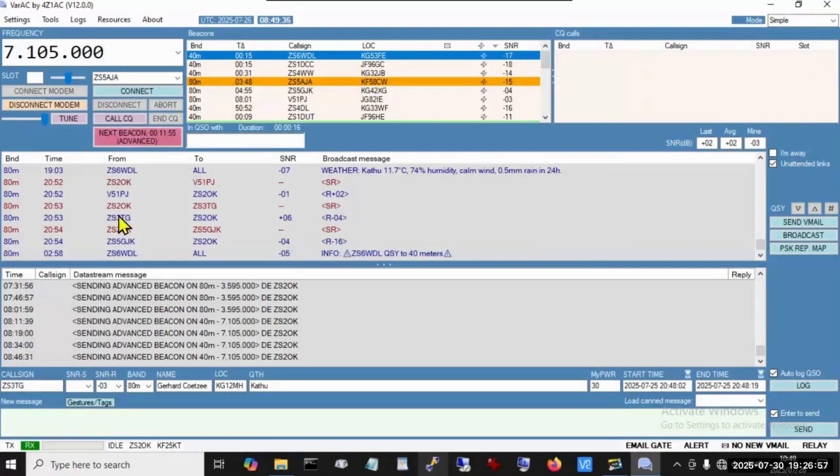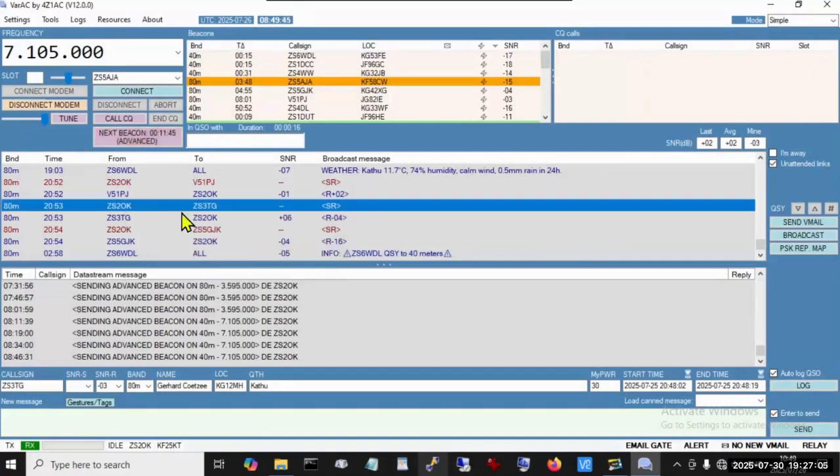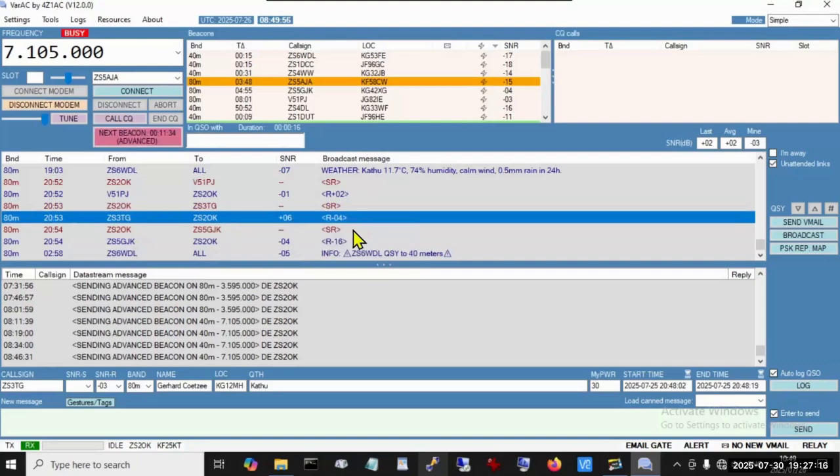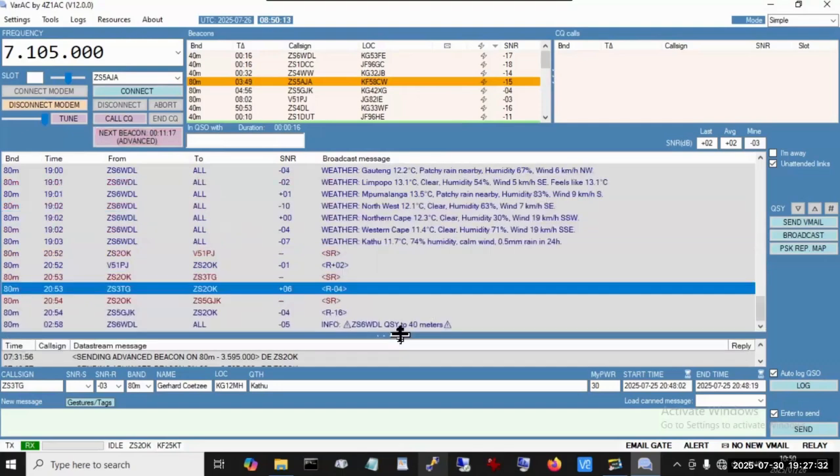This is the area where all broadcasts are received as opposed to beacons. A broadcast is a one-to-many broadcast, and for instance here is an example of where I sent a broadcast to ZS3 Tango Golf requesting a signal to noise ratio report, and the next line that station replies back giving me a -4 dB received signal, even though I received that station at +6 dB. So you can get a lot of information via broadcast, and it is a very capable and powerful one-to-many broadcast